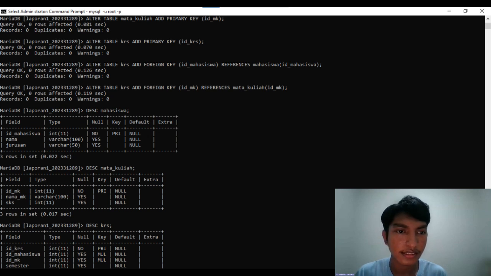Like this: describe mahasiswa, describe mata kuliah, and describe KRS. And then show tables. This command lists all tables in the selected database.